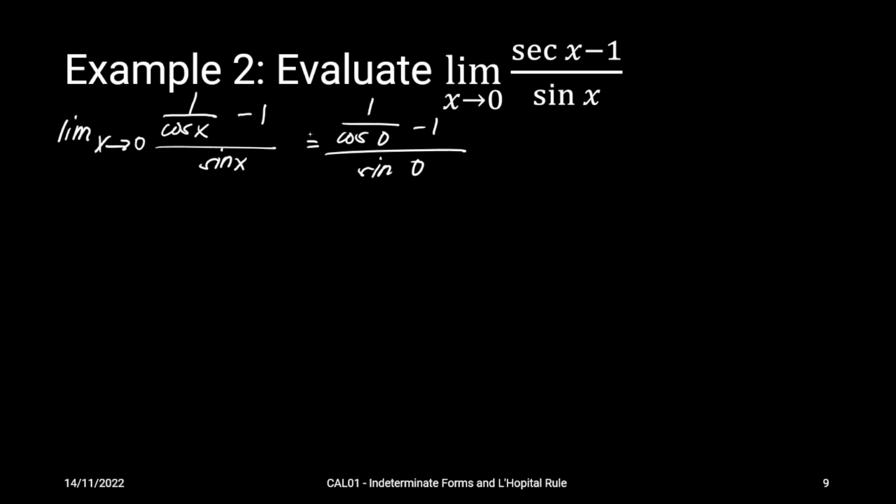Cosine 0 is 1, diba? 1 over 1 minus 1, that is equivalent to 0. Sine 0 is equivalent to 0. So, therefore, we have an indeterminate answer, no? So, let's get the derivative. So, we have the limit